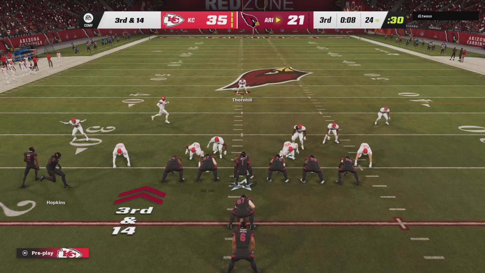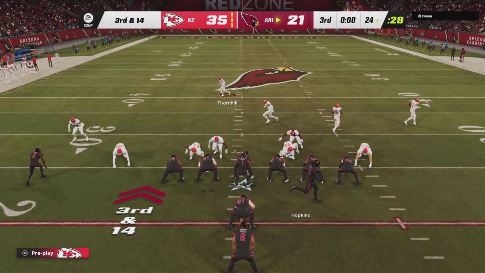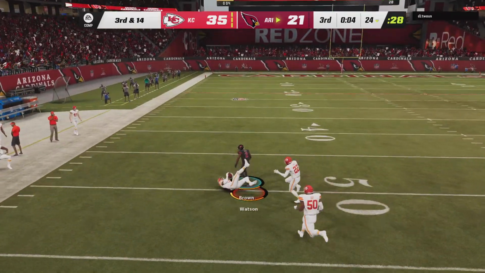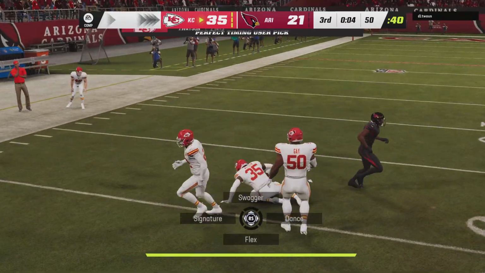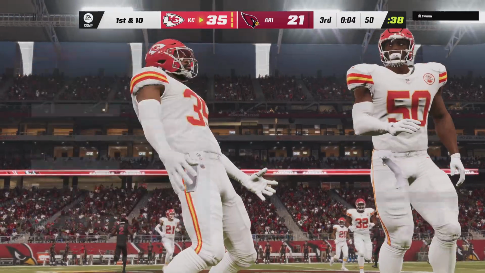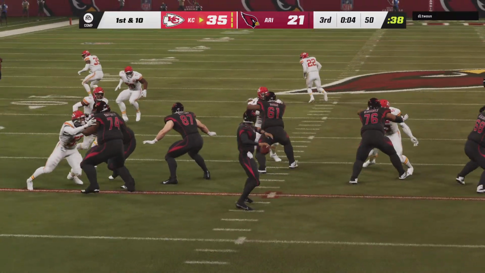In motion right is Hopkins. Murray with a 3rd and long. And his pass is intercepted for the 4th time today. With the points that we've seen scored, neither defense has been at their best, but these guys